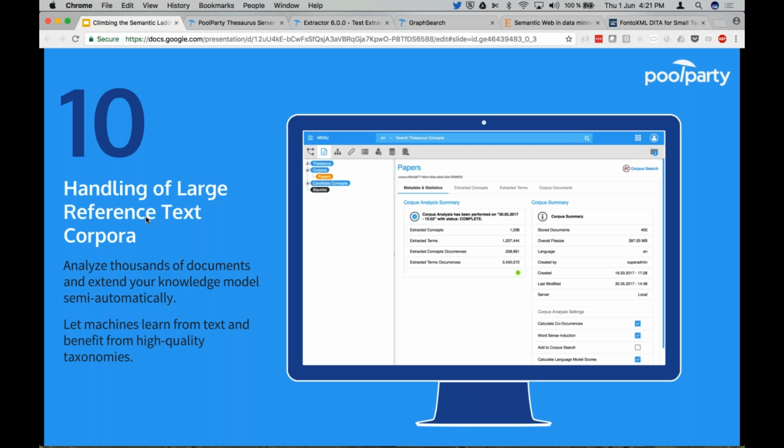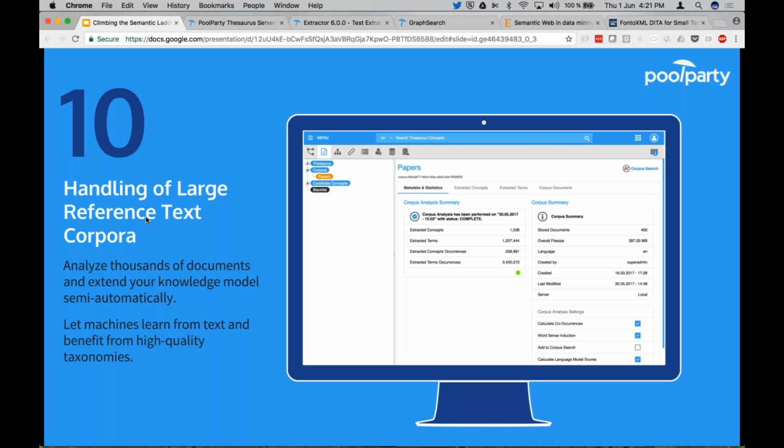And on top of that, the extractor, of course, does the relevancy ranking by using single documents and most of all by using the knowledge graphs being created beforehand. And one of the other options, which were based upon the reference text corpus, was always the feature that you can create new candidate concepts from terms, from free terms. And that workflow was also improved quite a lot. The overall performance and stability was